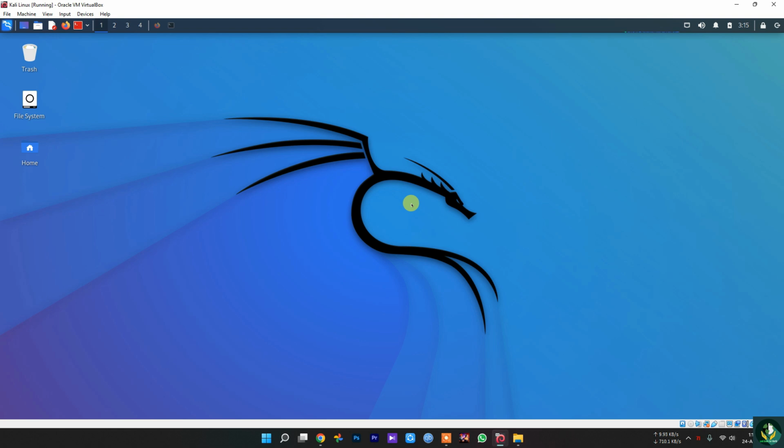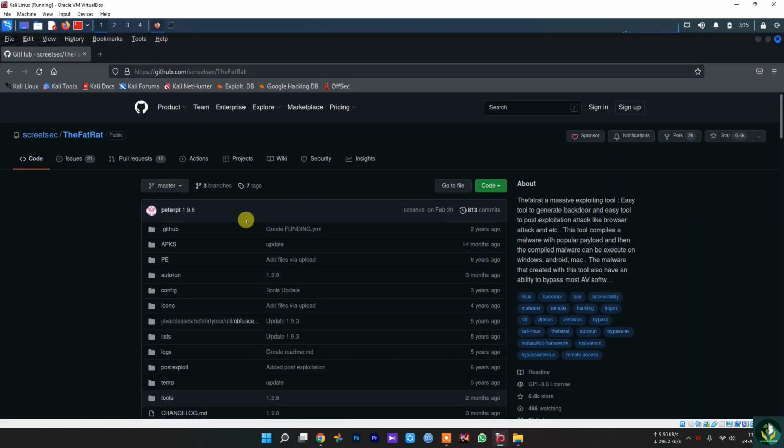If not all antivirus programs, the third time also has some option to generate backdoors for other operating systems. This FATRAT can generate backdoors for macOS, Linux, and even for Android. And we'll also talk about that later. So for now we're going to talk about how to install this FATRAT, because it doesn't come pre-installed with